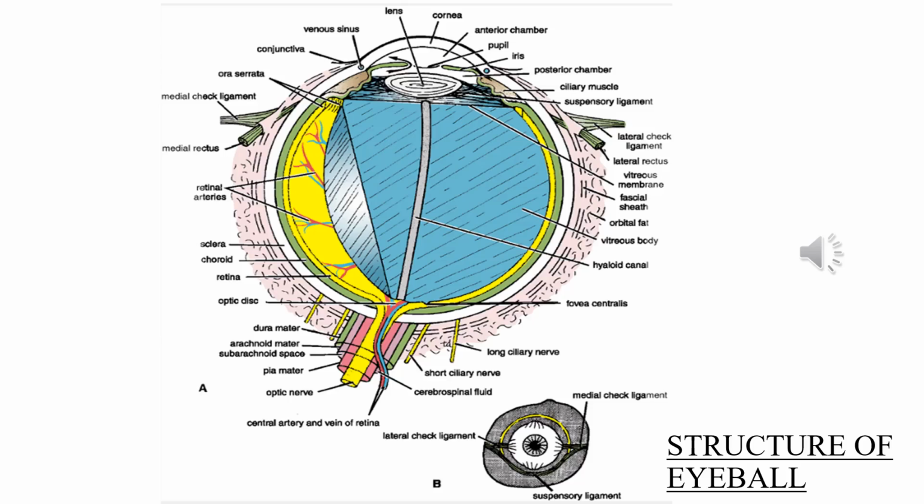The macula lutea is a structure where visual acuity is maximum because of the maximum number of photoreceptors present here. Then comes the optic disc. The optic disc is the place at the posterior part of the retina from where the optic nerve leaves the eyeball, and it is a place where there are no photoreceptors present. So at this area there is no perception of vision, and that is why it is called the blind spot. In ophthalmoscopic examination, this blind spot appears as a pale yellow colored disc, whereas the rest of the retina appears reddish.